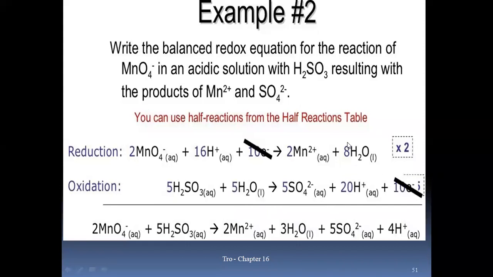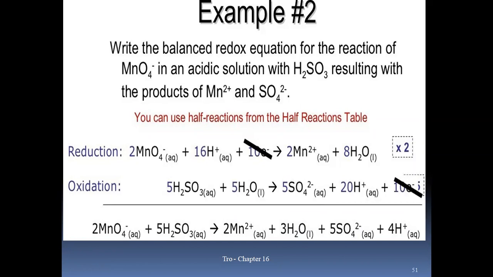When we add both the reduction and oxidation half, before that we need to balance the electrons. अब इलेक्ट्रॉन बैलेंस करने के लिए क्या करेंगे, क्रॉस मल्टीप्लाई कर देंगे. क्रॉस मल्टीप्लाई का मतलब, multiply this equation by 5 and this equation by 2, so we will get balance. So 10 electrons will cancel, and now as you can see there is a difference in H positive ions. In oxidation half we have 20 H positive ions, और reduction में 16 है, तो 20 minus 16 is 4 H positive.